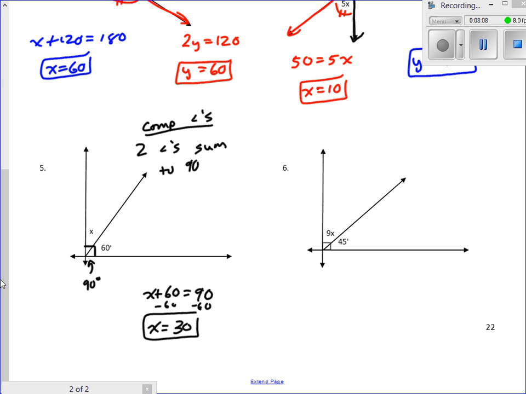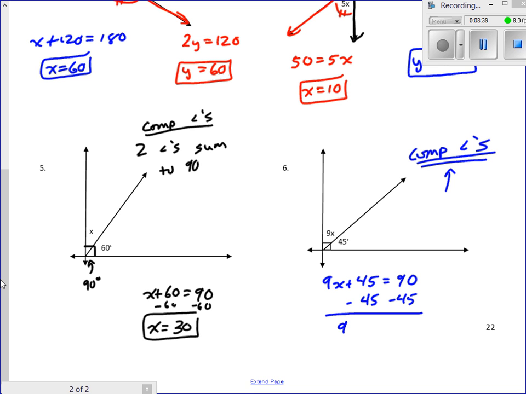And then finally, number 6, again, we're in the same boat. We have these complementary angles, and although the temptation might be to just set these two things equal, those aren't vertical angles, right? If you look, those aren't across from each other. They're adjacent. They're right next to each other. So what we're going to have to use to solve this is our complementary angles definition. So 9x plus 45 equals 90. And so to solve this one, two-step equation here. Subtract 45 from both sides. So 9x equals 45. Divide both sides by 9, which means x equals